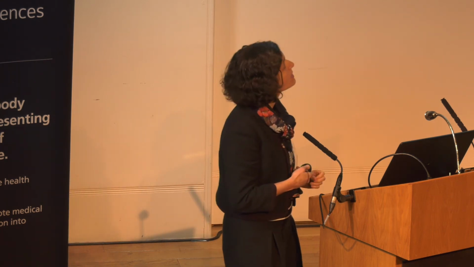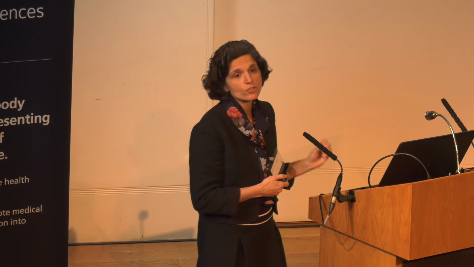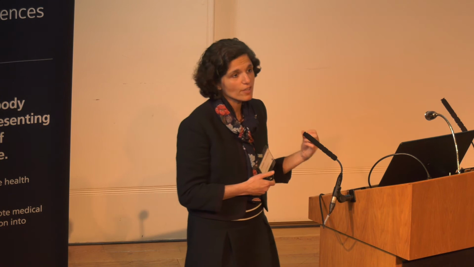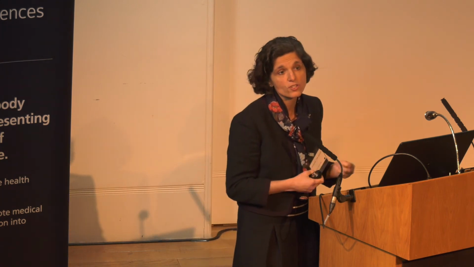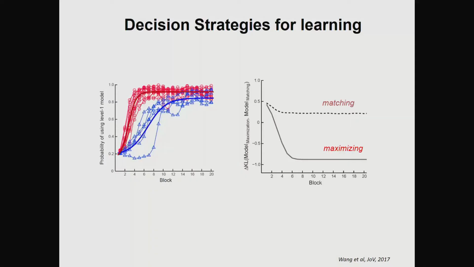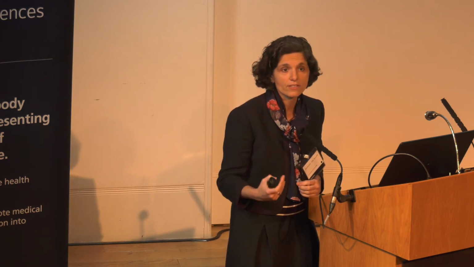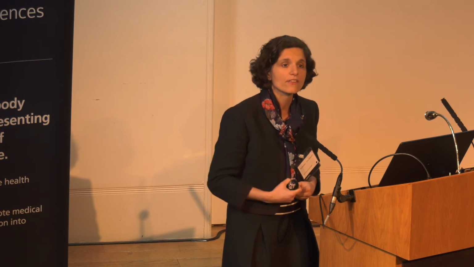That's exactly what we've done. We went after this individual variability to understand the capacity of each individual to learn, because this is very important when we are looking at interventions, rehabilitation programs, and treatments. So what you see here is that in fact, individuals differ. Some people are faster in identifying structures, some people are slower. And what I'll show you is that this relates to the decision strategies that the individuals have. It relates to how they approach the problem. What is the problem-solving strategy that they employ?